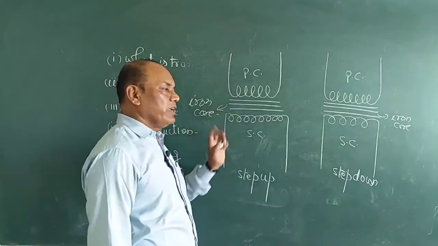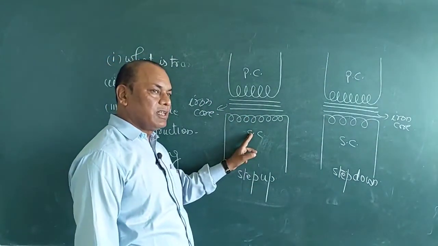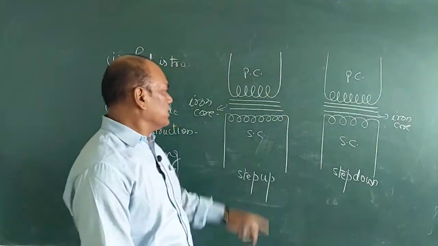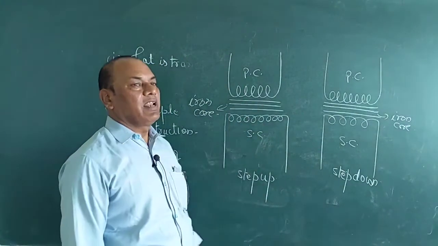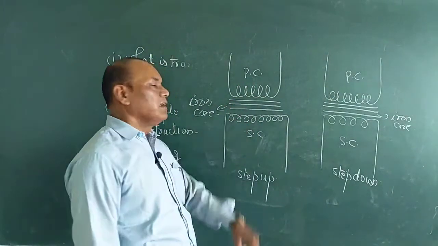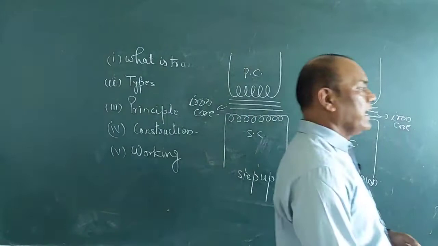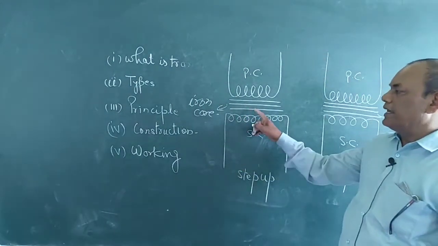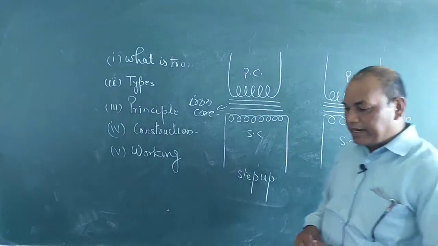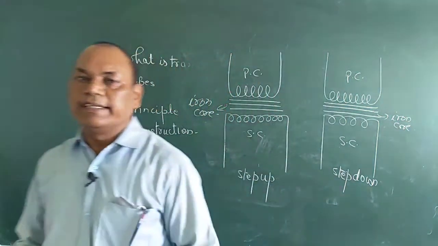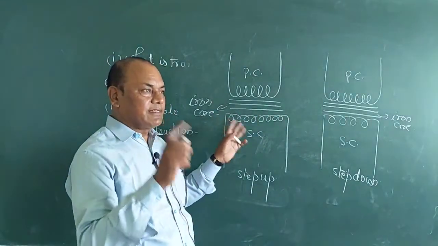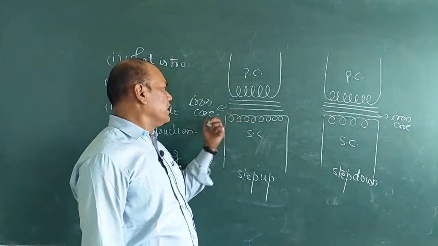What is the use of the iron core here? This iron core is used because on the iron sheet, these two coils are wound opposite to each other. So it will increase the magnetic field lines. Magnetic field lines arise in the primary coil. So this is the reason that we are taking the soft iron core. And the second point, this iron core is soft. And this is the property of soft iron, that it will at once magnetize and then at once demagnetize. So its hysteresis loss is very less. So this is the reason that we are taking an iron core here.